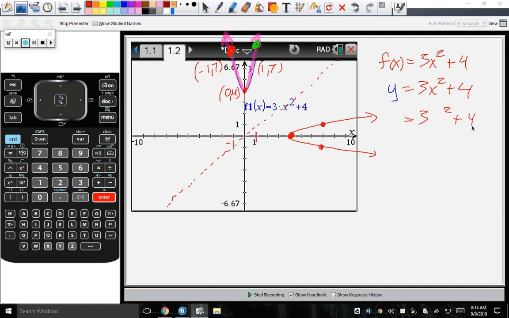So where the x and the y are, they're going to flip, just like we flipped with inverses, as far as 1, 7 went to 7, 1. And then last but not least, we're going to try to solve for y. We're going to try to get y all by itself in its new location, because that's going to be our inverse function. So subtracting 4, dividing by 3,